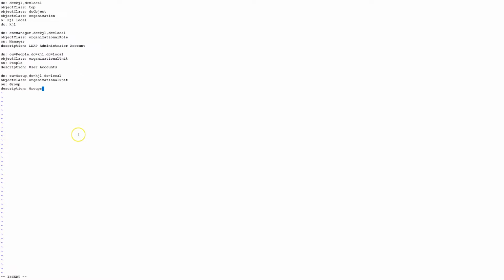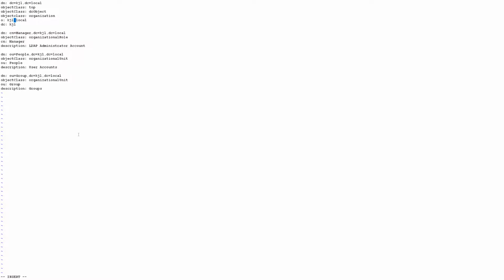You can copy directly from there and paste into your file. Just make sure that when you copy and paste, it starts from this DN line here, because sometimes copy and paste, for some reason, seems to cut out some stuff. The only thing you'll need to change is the DC components here,